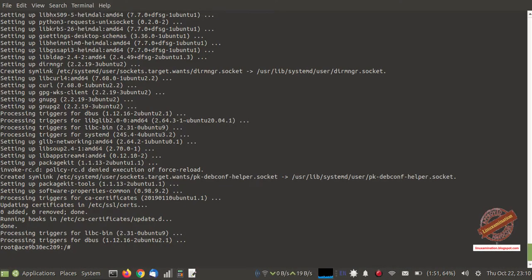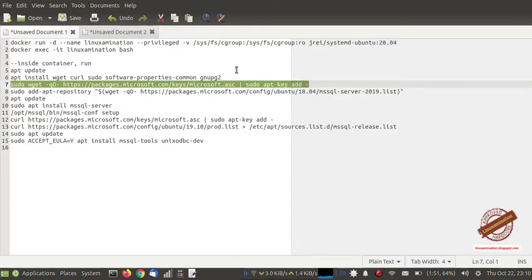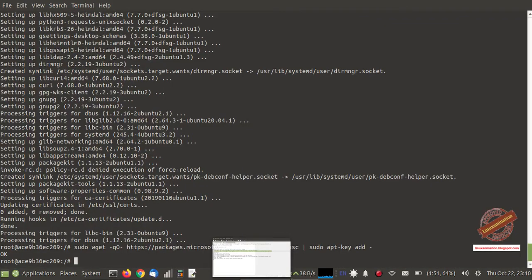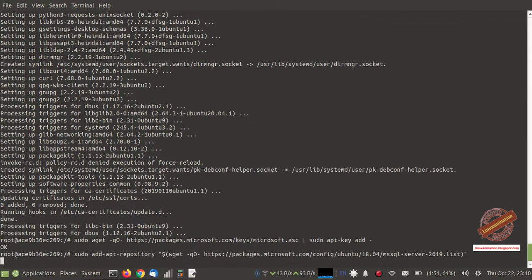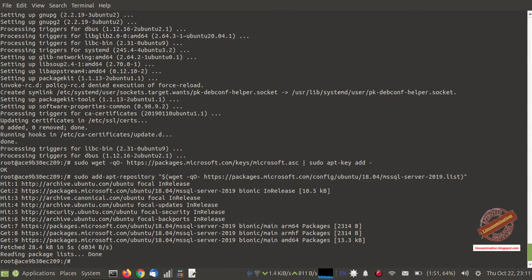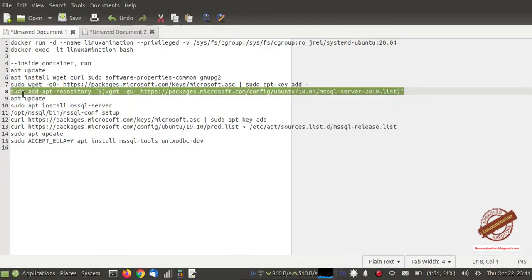Now I am adding the Microsoft keys. The keys are necessary to install MS SQL Server. Without these keys you cannot install, because MS SQL Server is not a default package of Ubuntu. So these keys need to be added.